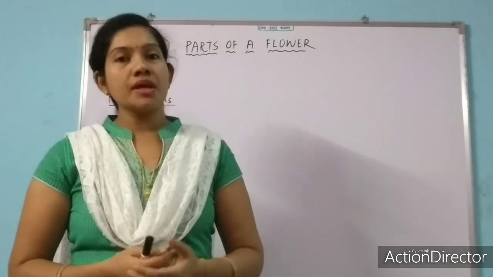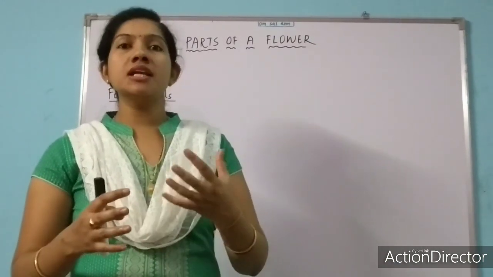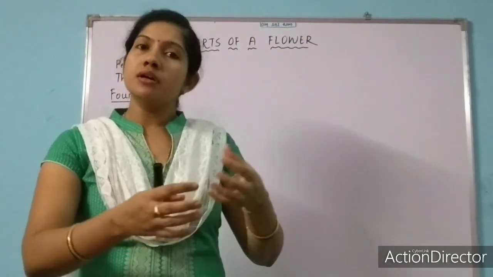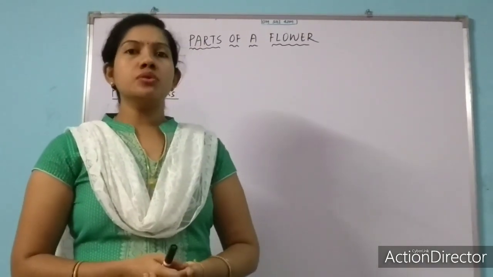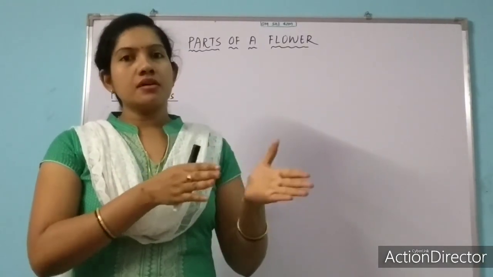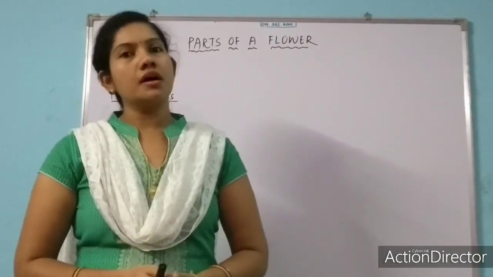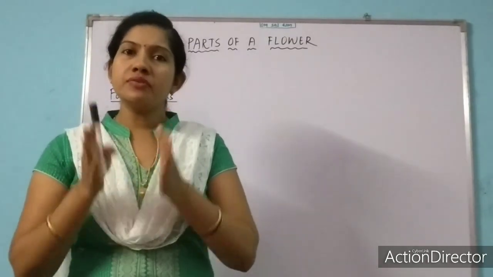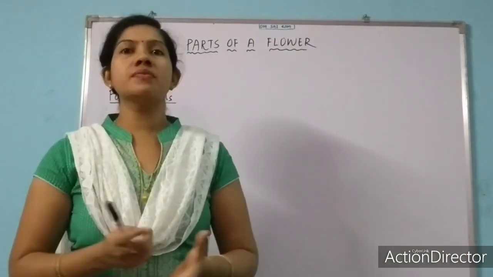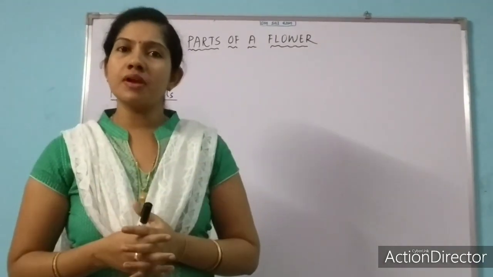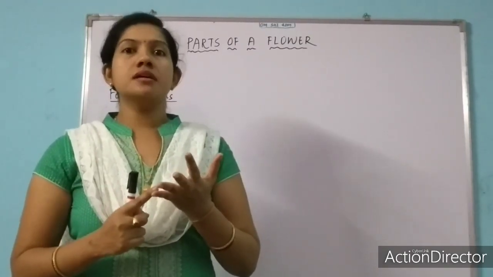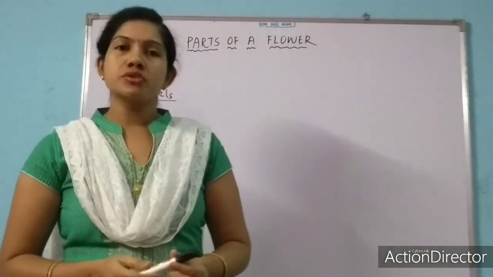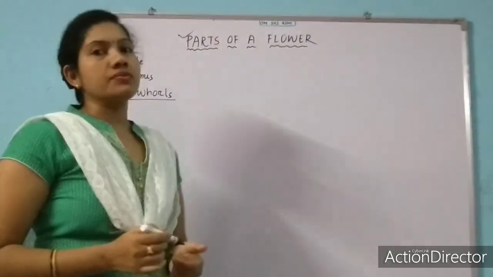The flowers. Flowers undergo reproduction and then give rise to seed or fruit. From that seed only, a new plant can be generated. So today we will learn some more things about a flower. Before going to the reproduction part, at first we have to understand the parts of a flower. What are the things inside the flower that enable it to undergo reproduction? So at first we will start with the topic, parts of a flower.